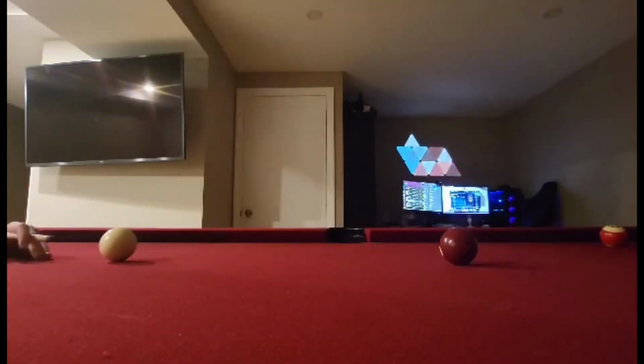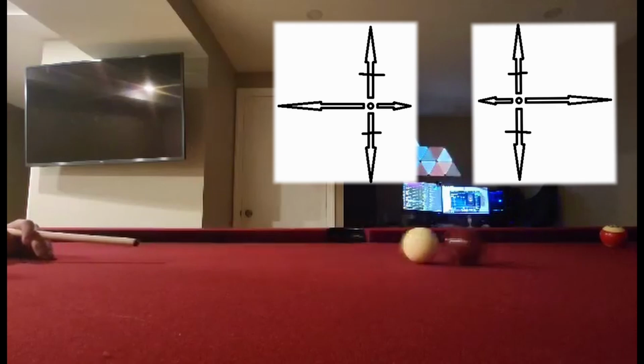So now for Newton's third law, every action has an equal and opposite reaction. So immediately, the cue ball is hit into the 6 ball. So now, when the cue ball hits the 6 ball, it's going to apply a force of its mass multiplied by its acceleration. However, the 6 ball is going to apply a force back onto the cue ball, which is equal to that with which the cue ball hit the 6 ball,